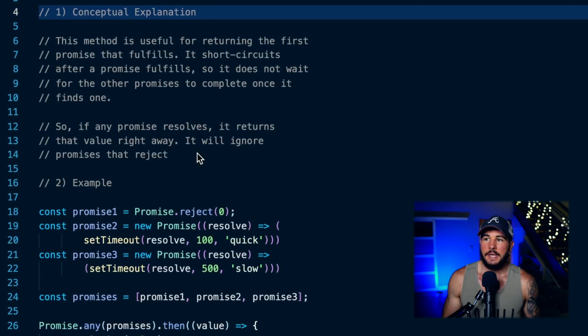This method takes an array of promises, and what it's going to do is return the first fulfilled promise within that array. So you pass it an array of promises and it returns the first fulfilled promise. Now it will ignore any rejected promise. So even if a promise rejects, it will just ignore that and will return the first promise that